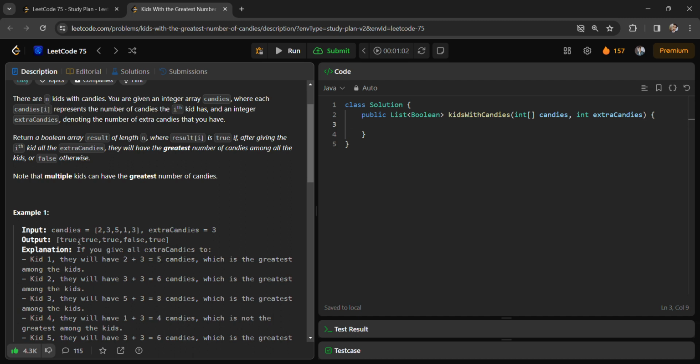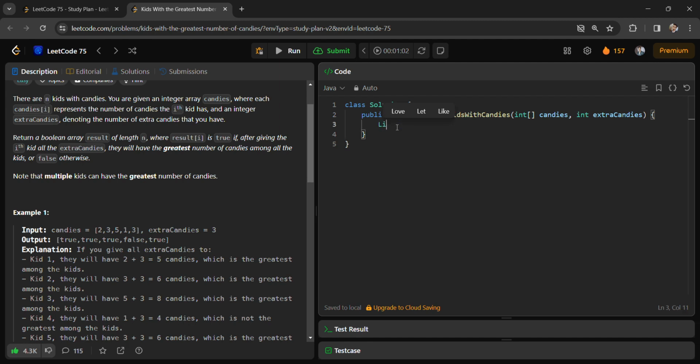And same for 3 plus extra candies, 3 plus 3 is 6 and 6 is greater than 5, so again true. And you can see 1 plus 3 is 4 and 4 is not greater than or equal to 5, so we have to return false. First let's code the problem, then we will do the dry run of the code, then you can understand it clearly. So we have to return a list of boolean,